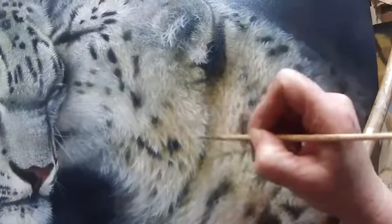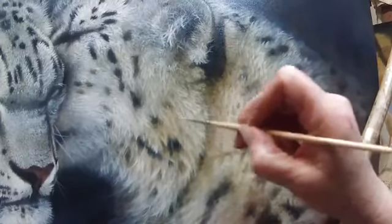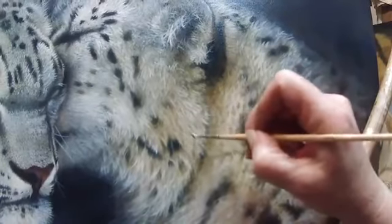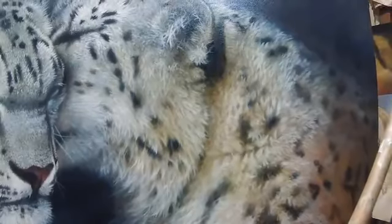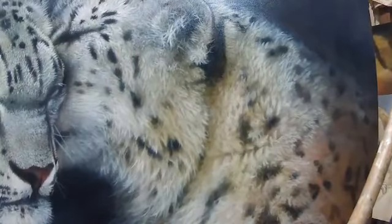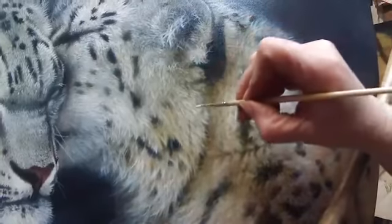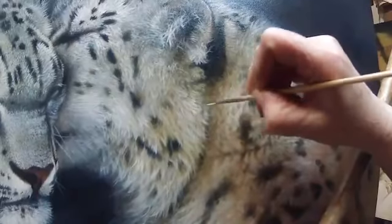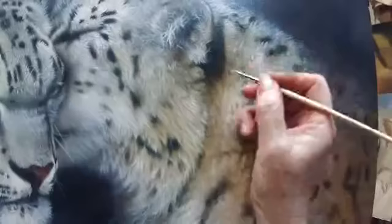I thought I'd got my highlights there, but when I came back to it, this is why I like to leave my paintings and come back to it after a few weeks, because things stand out that I didn't see before. And you think, oh, yeah, that needs to be changed. I'm going back in with a little bit of white. Don't like that mouth stick, so...